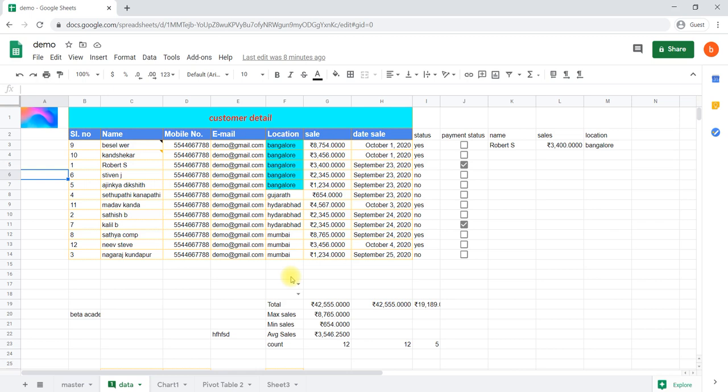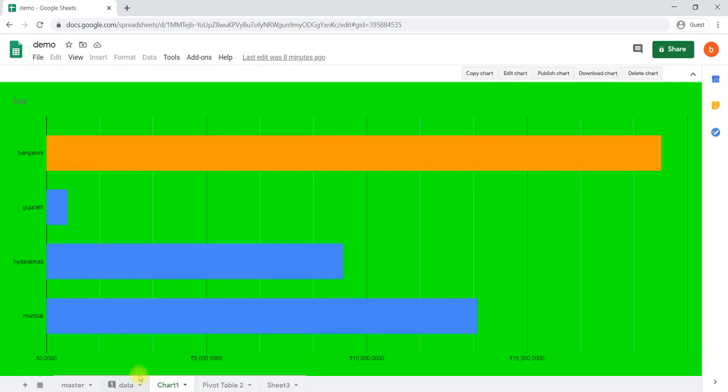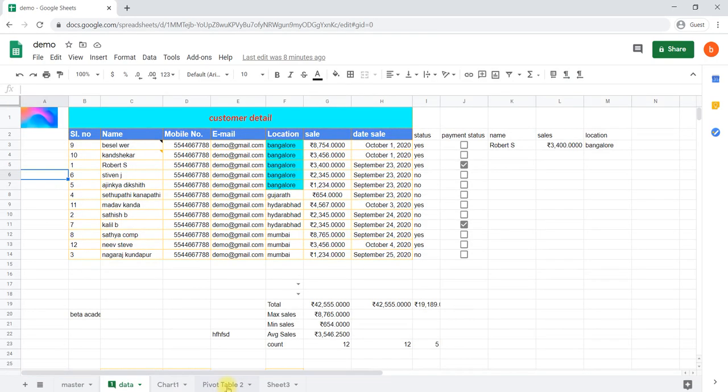Then we inserted a comment or a link, notes, and creating a link, freezing a pane, creating charts, and a pivot table.